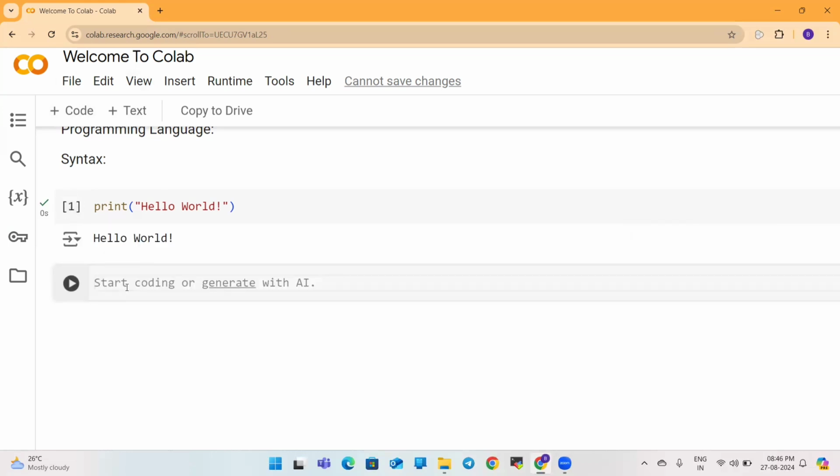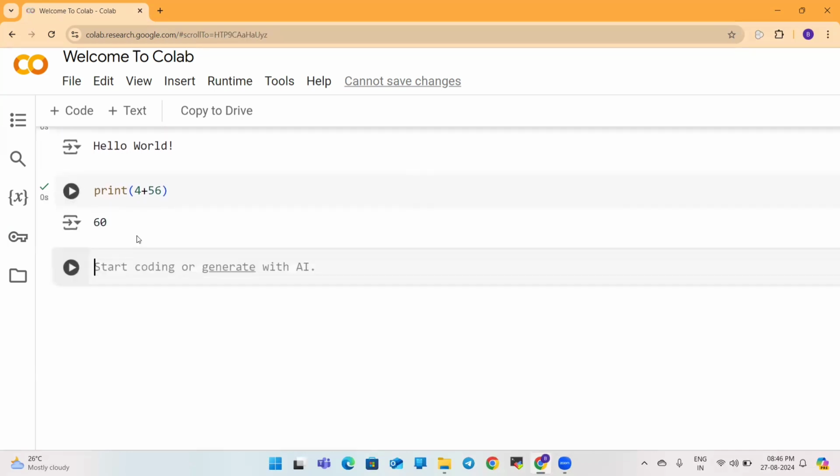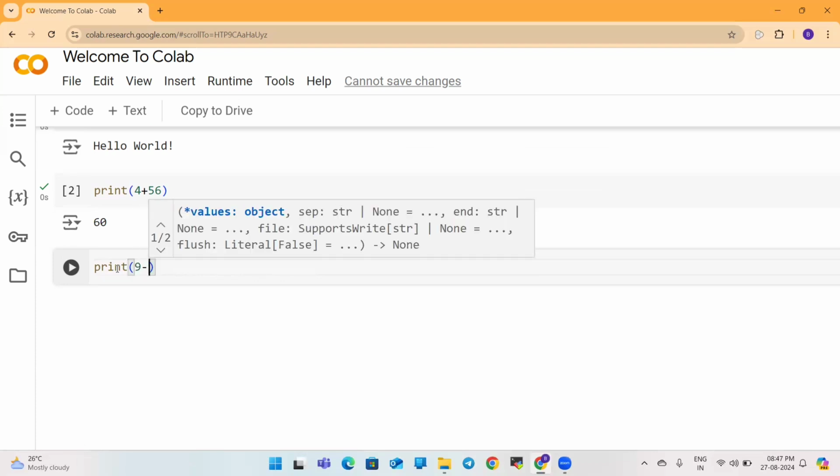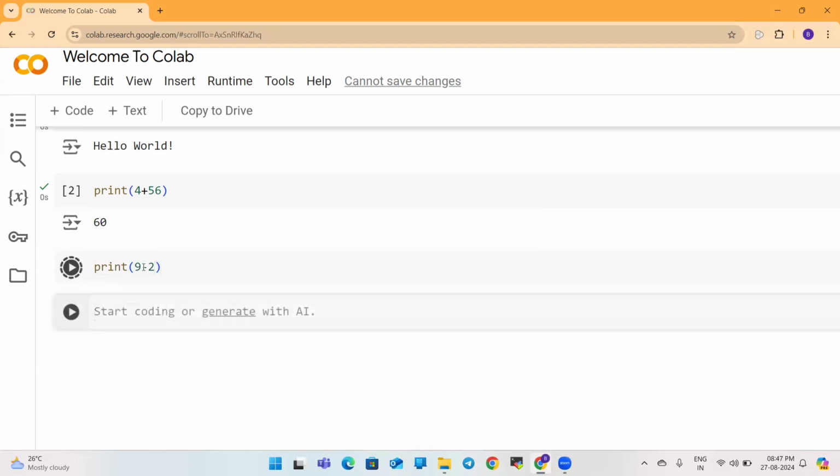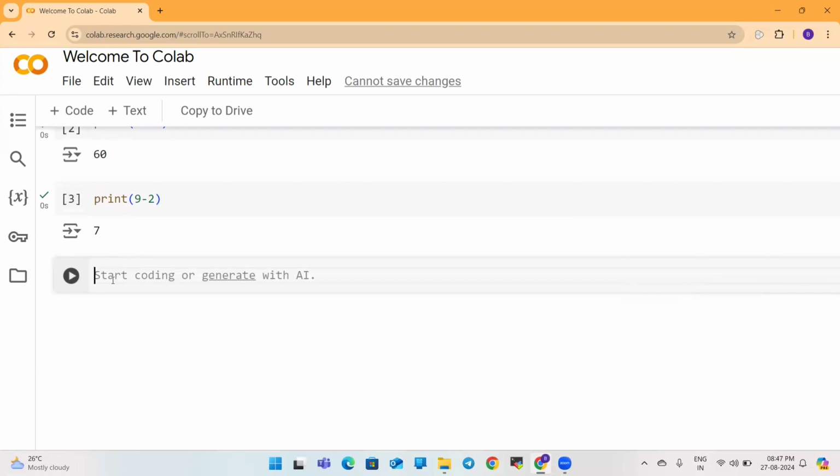And let's use Python as a calculator. Let's say print open brackets 4 plus 56 and Shift Enter. That is, it has given the correct output, that is 60. Now let's do subtraction using print 9 minus 2. Shift Enter, that is 7. Now let's do multiplication using Python, that is print 7 into 9. Shift Enter,